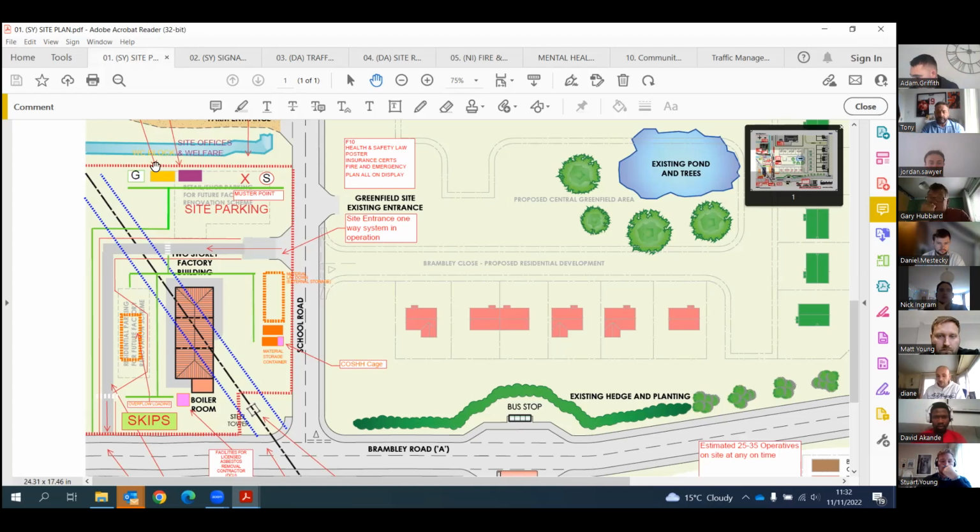Now, the clearance around the pylon we maintained was a 6-metre distance all around the site, an exclusion zone. The hoarding is not taken to the edge of the road on the corner, what you can see down by Bramley Road. That was taken into account as a safety measure, so that when people pull up on the corners, they can see round the corner